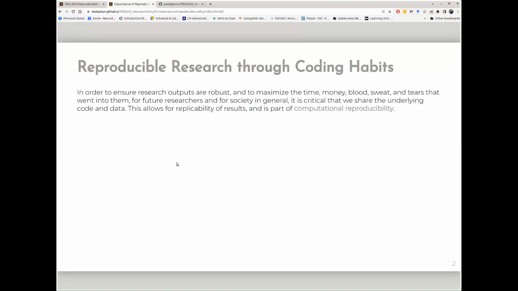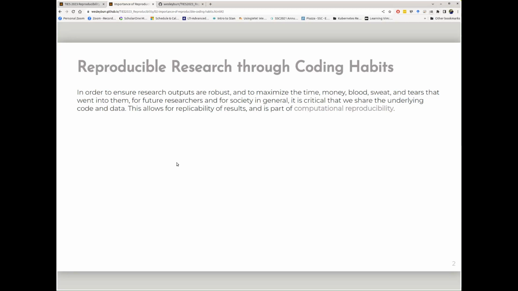And if your answer isn't, it contains private information about human beings, then I really start to question the quality of your research. Because if you can't share your data and allow someone to reproduce your results, I don't know if I trust your results. Because that says to me that you're nervous about the methodologies that went into the manipulation and analysis of that data. Now, that may not be true, but by default, that's my approach to things. If you're not willing to share your data and your code pipeline that generated your results, I don't trust them.